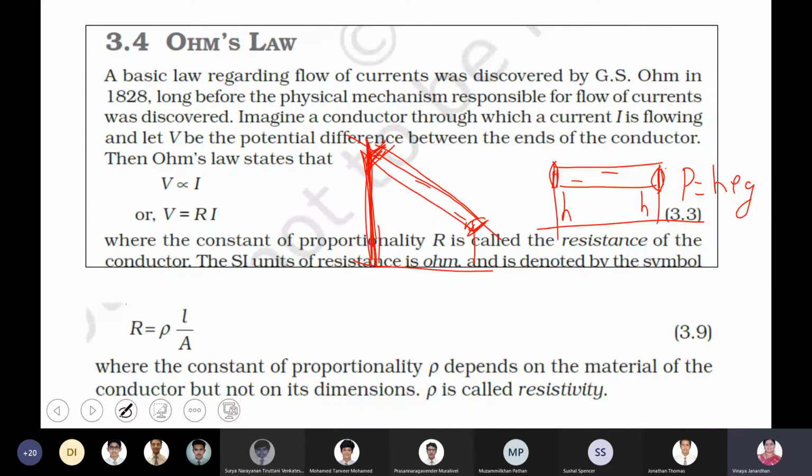In this fluorescent bulb, nothing is there inside. You only have a cathode. Then it's a vacuum, totally a vacuum. One end and the other end are maintained at a power supply of 240 volt. The filament will burn and it sends away cathode rays, that is electrons. Now these electrons are accelerated by the potential difference.